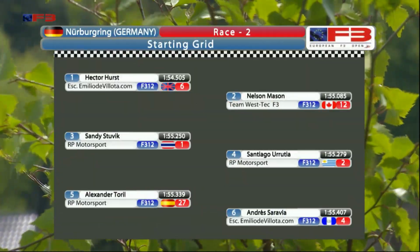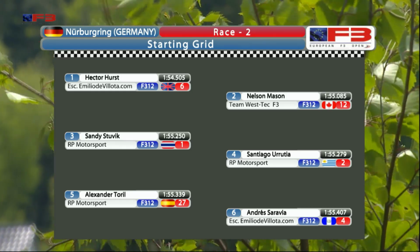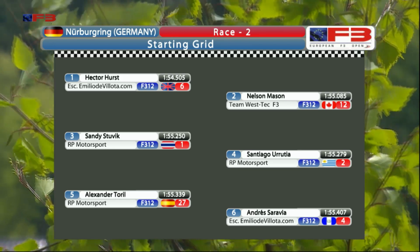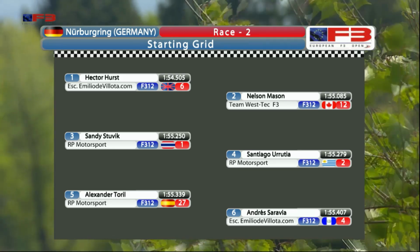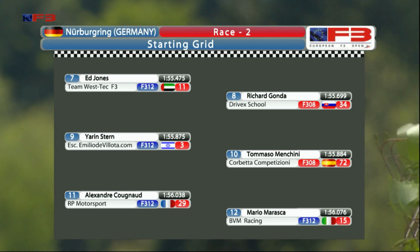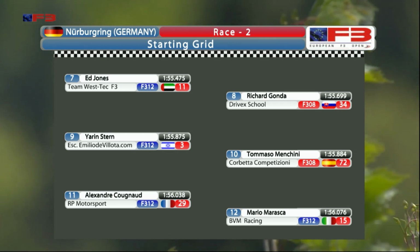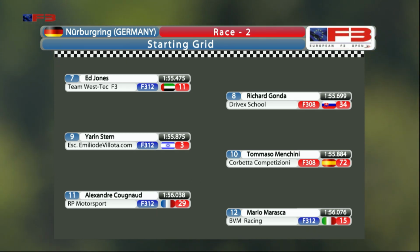controlled and smooth driving. So this is the grid then, with Hector Hurst and Nelson Mason sharing the front row, from Sandy Stuvik and Santiago Urrutia on row 2, then Alexander Torrell and Andre Saravia, who's been going very well this weekend, row 3. Ed Jones down in 7th, just ahead of the first of the Copper class qualifiers, that's Richard Gondas back in 8th, then Yarin Stern and Tommaso Mencini locking out row 5 from Alexandra Cugno and Mario